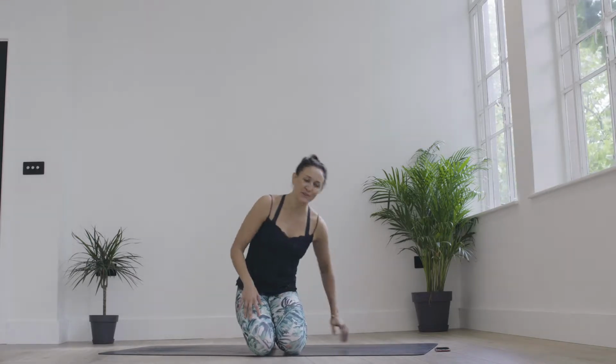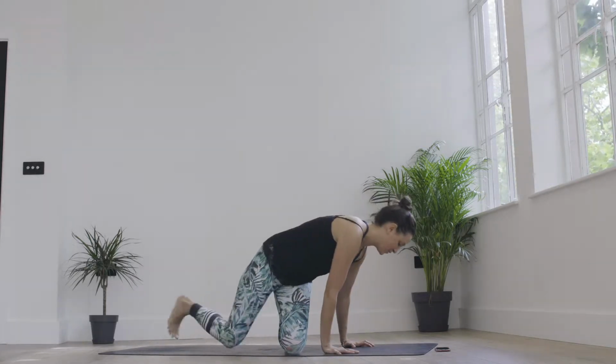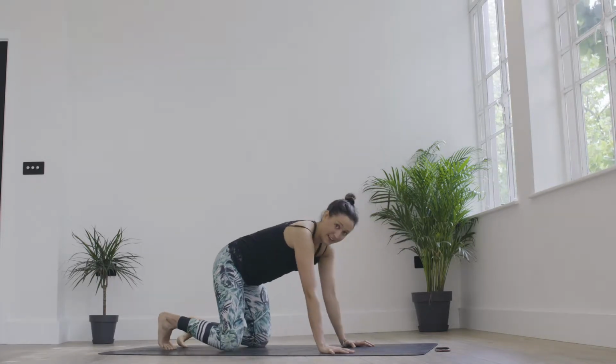In today's practice, we're going to be focusing on standing postures. But before we do that, we're going to be warming up the body a little bit. So starting off by stacking the hands underneath the shoulders and the knees underneath the hips, we're going to move